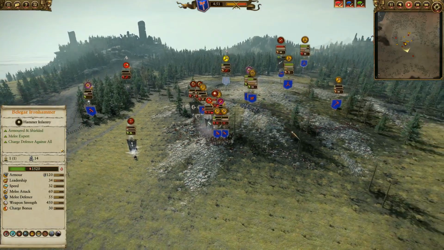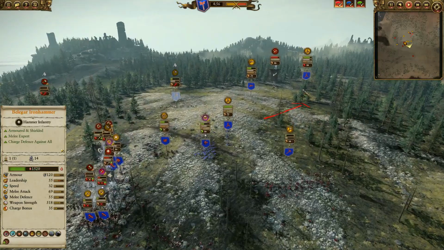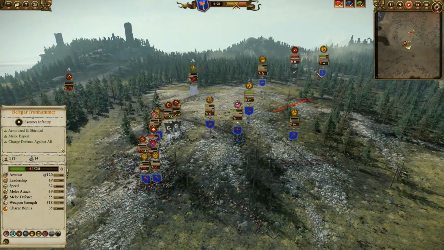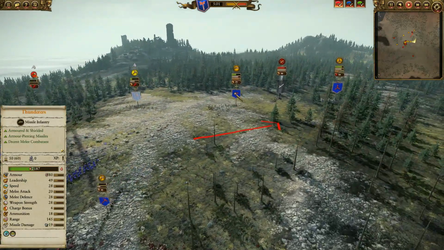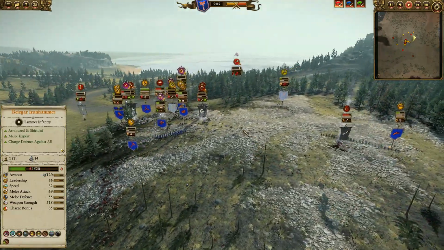Still gets a little bit of damage, but he is able to dodge it for the most part. Now, this Chaos Sorcerer of Death is going after this Gyrocopter with the Brimstone Gun. This is a good trade right here. And you can see he's actually refocusing his Thunderers to try to get some shots onto that Chaos Sorcerer, and